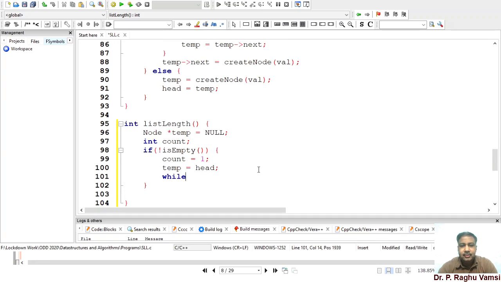So while temp, count plus plus. This is a pre-increment we are making: while temp, count plus plus.